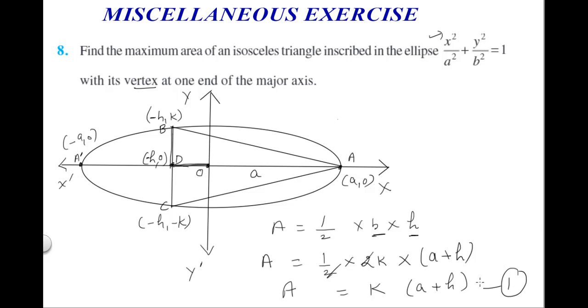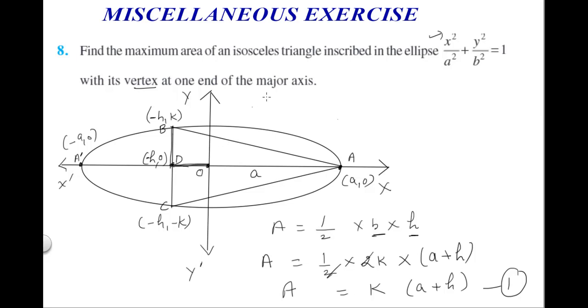So before that we should have a point of maxima at which area will be maximum, because this is our assumption that the triangle will be like this. Triangle can be anywhere on this ellipse. So our purpose is to calculate that point. That means our purpose is to calculate h comma k, right? So we can calculate the second point also, and this one is fixed at one end of the major axis, which is a comma 0 or minus a comma 0. So let us just try to find out h and k.